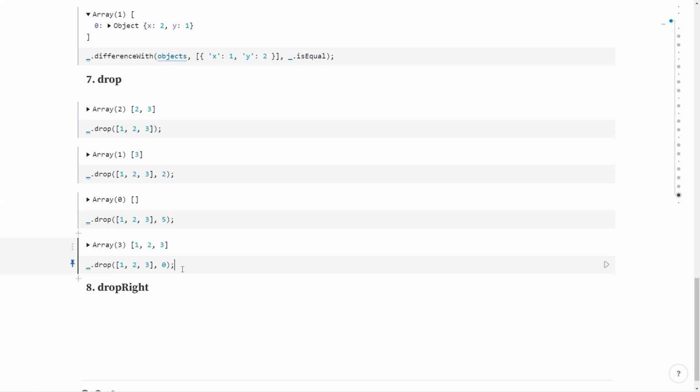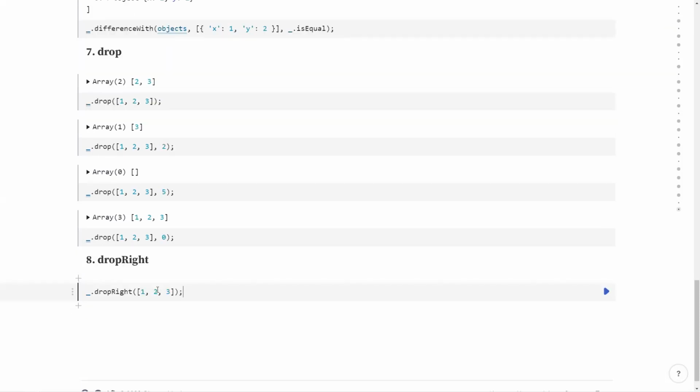As drop will drop from the front, if we want to drop from the back, we have dropRight, which is the same as this. So we can drop elements from the right. It also accepts 2 parameters. If you don't specify the second parameter, it is always assumed as 1. So it will eliminate 1 element from the back.